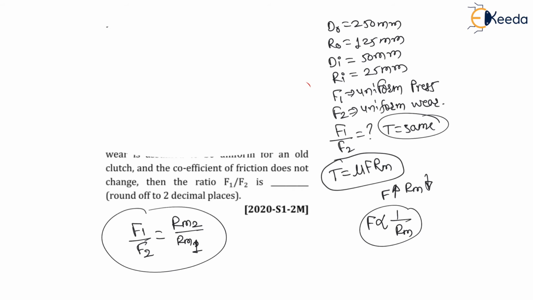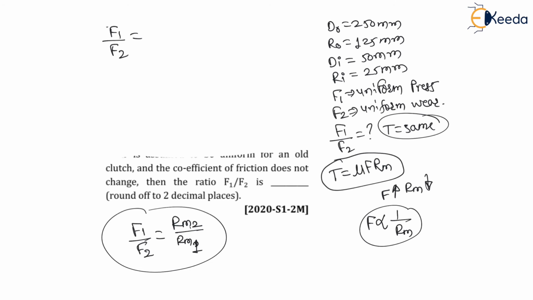Now, my dear students, in the first case, the clutch is new, therefore we are using uniform pressure theory. That is, RM1 is as per uniform wear theory, and RM2 is as per uniform pressure. Sorry, make a correction: RM1 is uniform pressure theory. RM2 is the mean radius of friction for uniform wear theory. Therefore, my dear students, we can write F1 divided by F2 is equal to RM2, which is as per uniform wear theory,